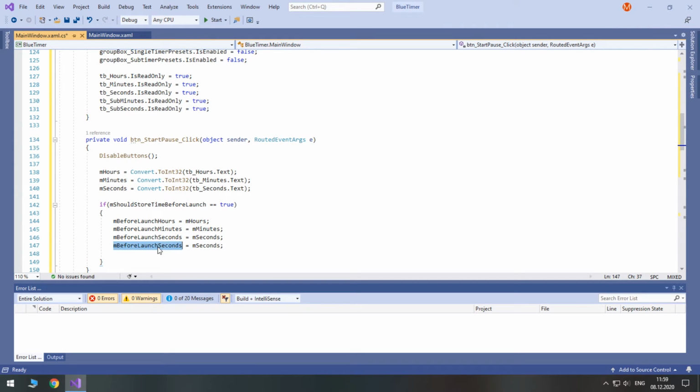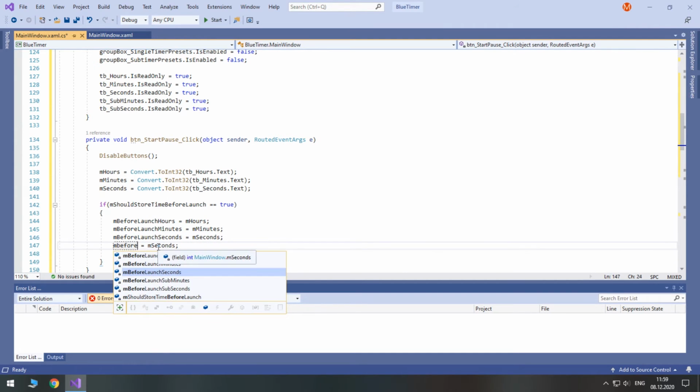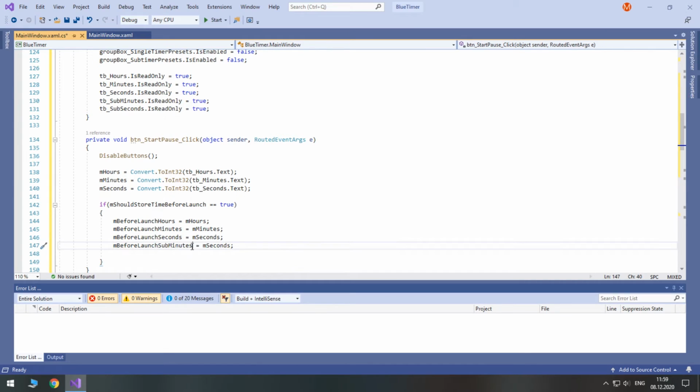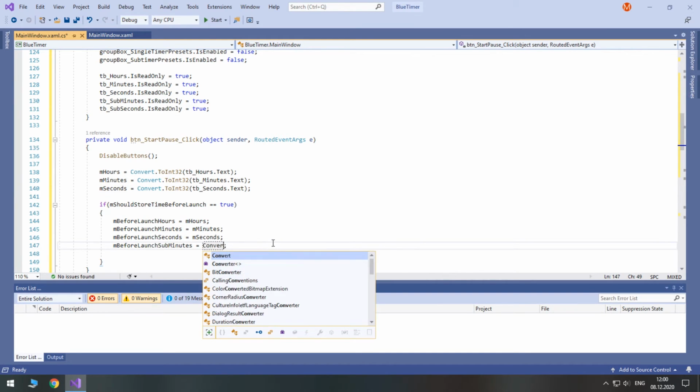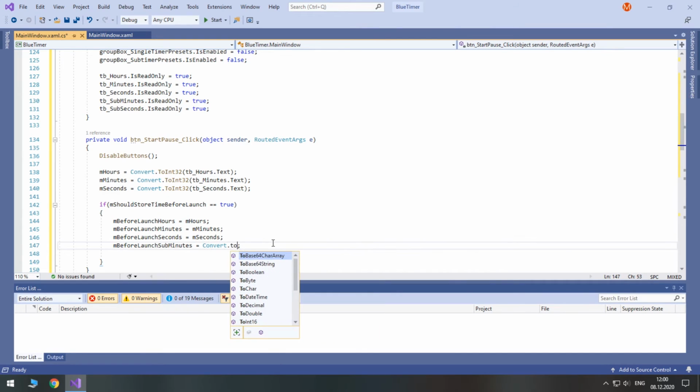As for subtimer time values, we are going to get them directly from the 2 appropriate text boxes. Of course, we will need to convert them to int32.